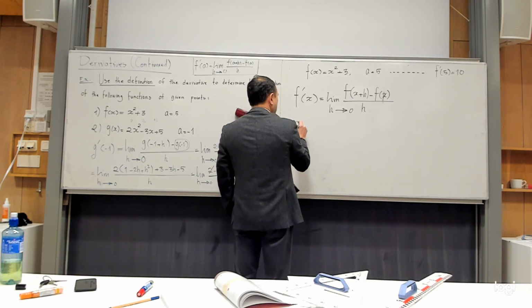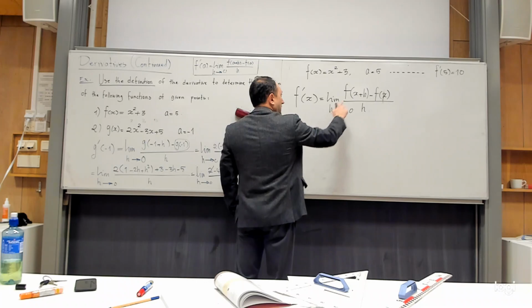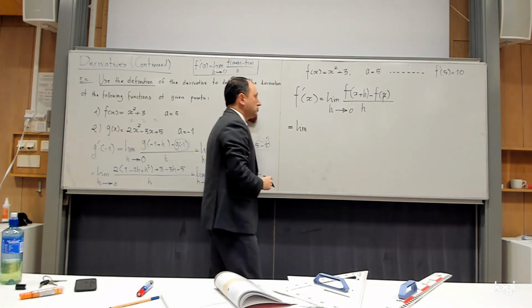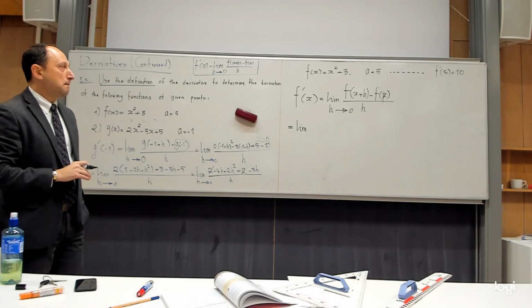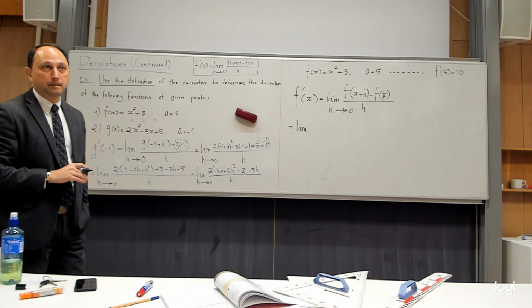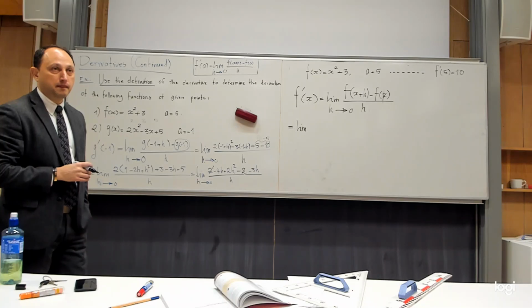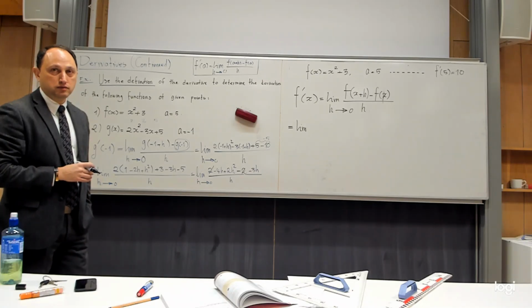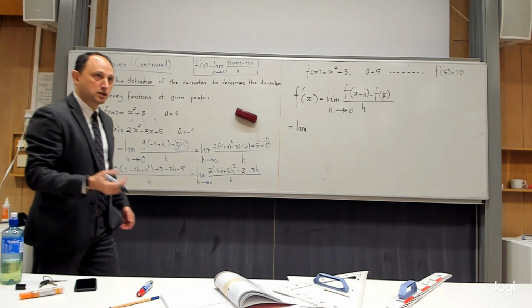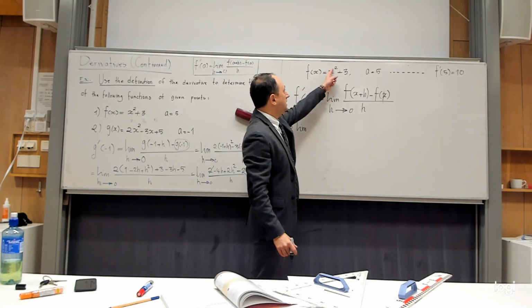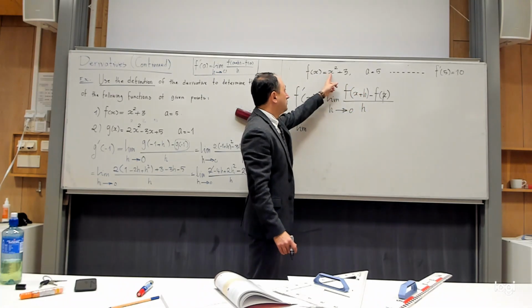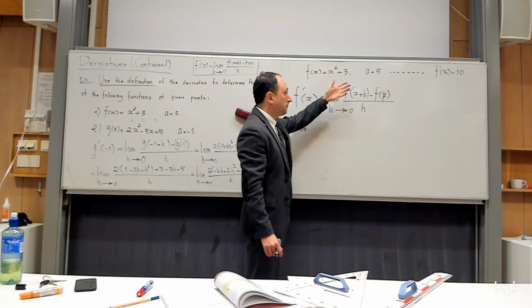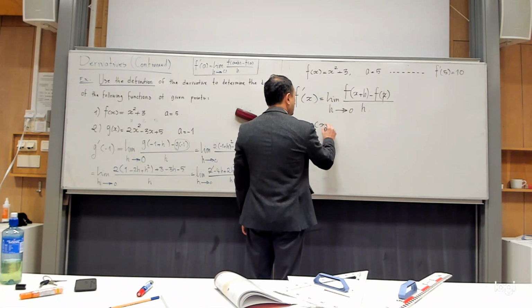It is very simple, you see. Can you tell me what I should write instead of the first term, f of x plus h? x plus h to the power of 2, plus 3. Yes. So I have to take the input out and replace it with the new input. There is only one place where you can see the input, so that's the only one. So it becomes x plus h